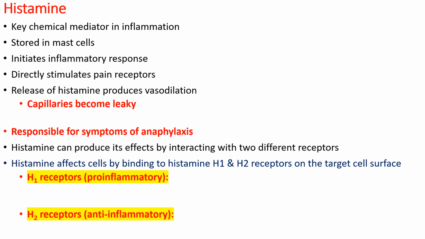So pro-inflammatory H1 receptor can be found in vascular smooth muscle in the bronchi, respiratory system, and on the sensory nerves. So stimulation results in itching, pain, edema, vasodilatation, bronchoconstriction,